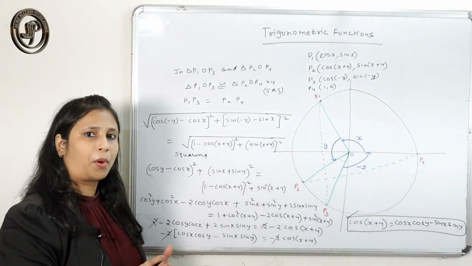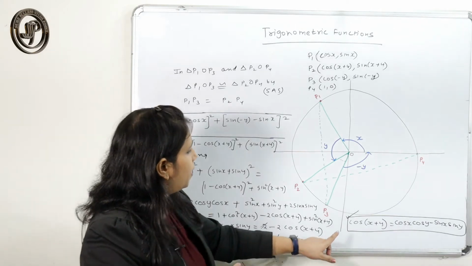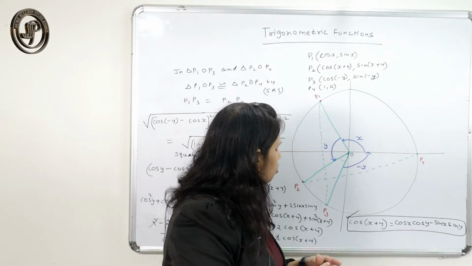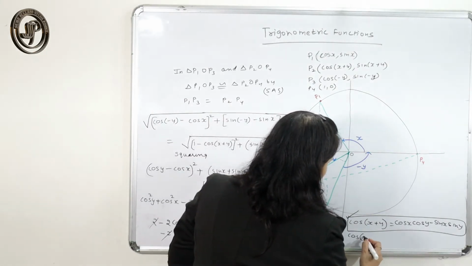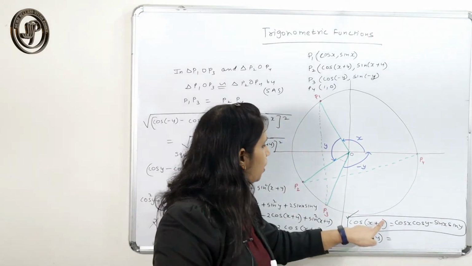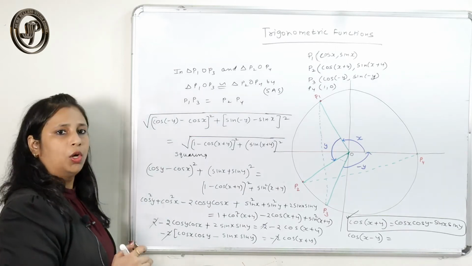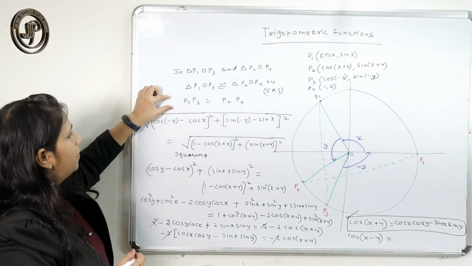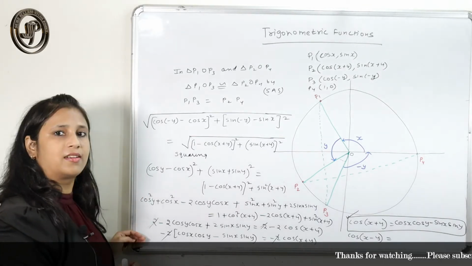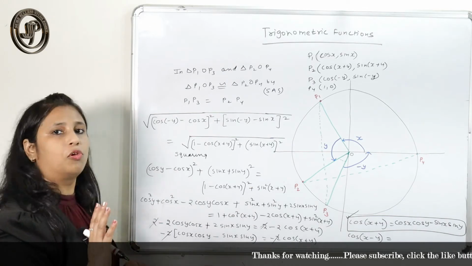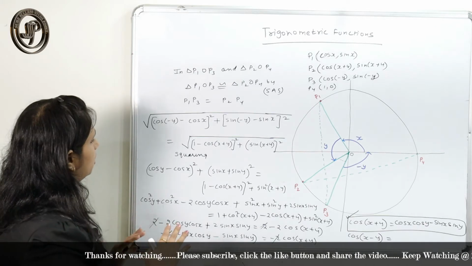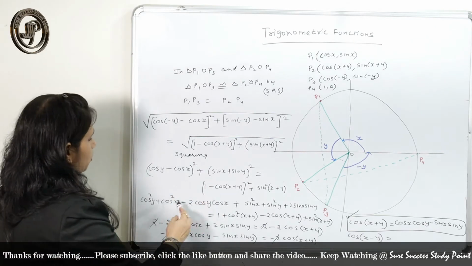Now I am going to provide you the list of all the formulas, but if you want, you can derive those formulas very easily. If you need the formula for cos x minus y, you are able to see that if it is plus, then why the minus comes here. That is the main part only. After that, what I have done is 10th standard work only. Here you just have to focus on the simplification part. If you have any doubt, you can ask me where you have stuck.